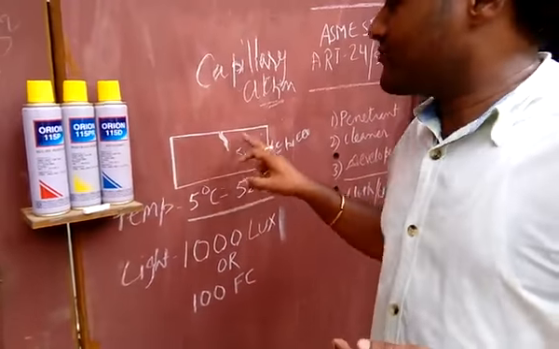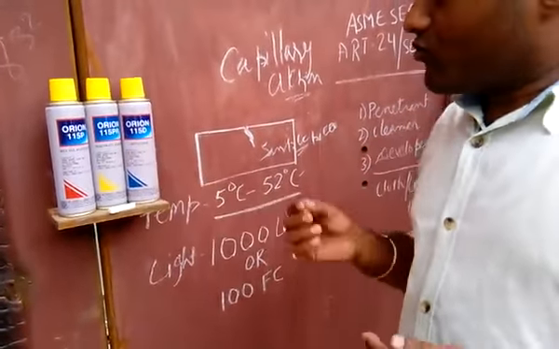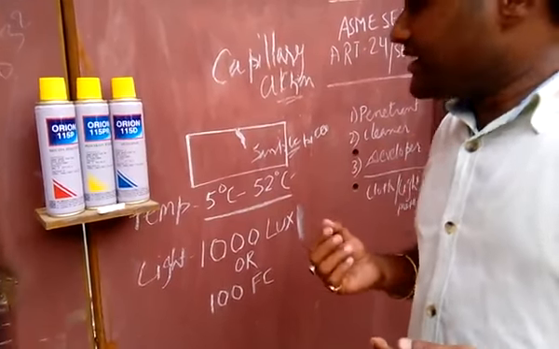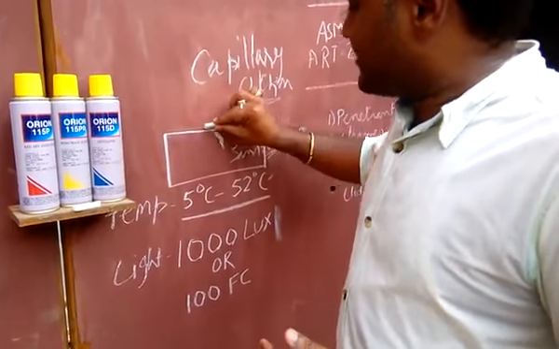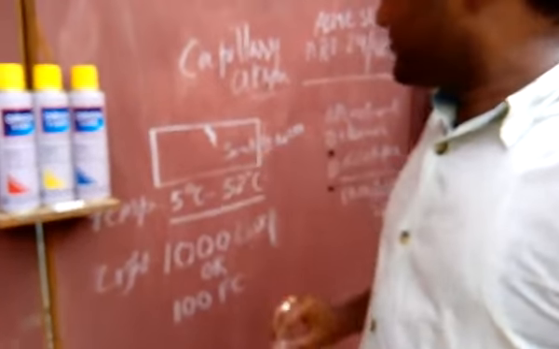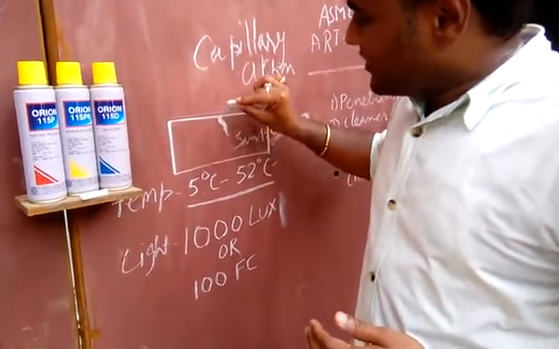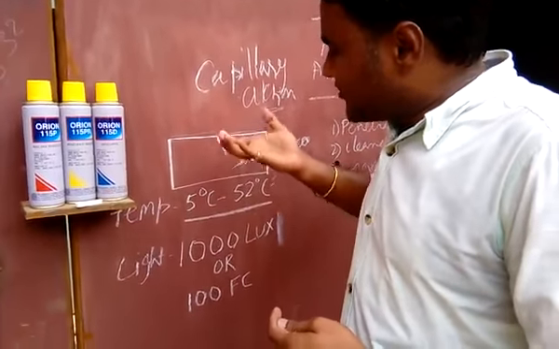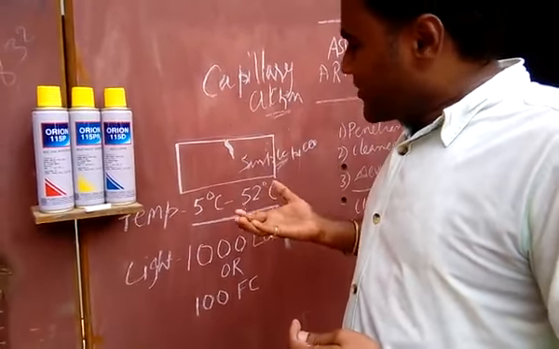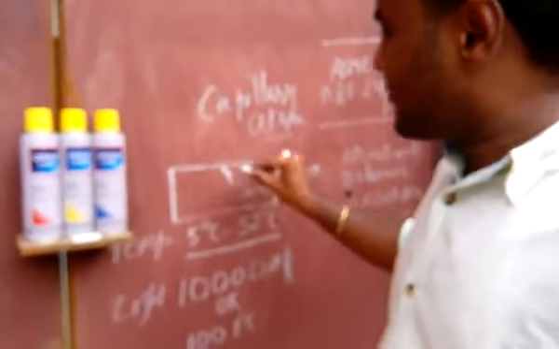After thorough cleaning of the penetrant, we can apply the developer. The developer is a white color liquid and it acts as an absorbent. What happens when we apply developer over the surface? If any penetrant is left behind in this crack, the developer will suck this penetrant out. This penetrant will bleed out on the surface of the developer, and it will appear as red.